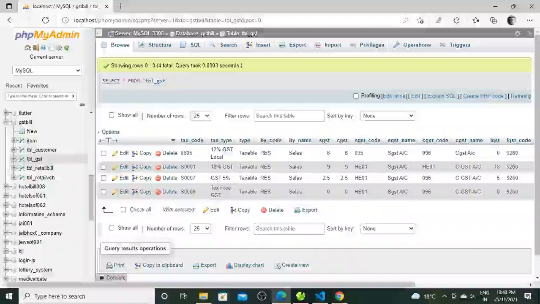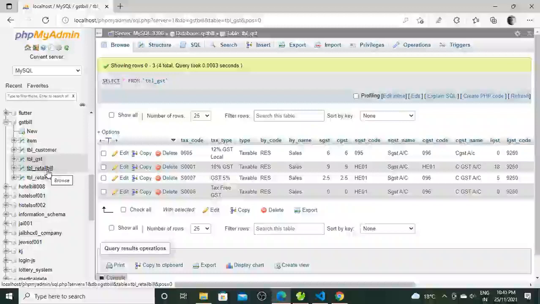So I need to define the tag with the item, so it will calculate GST amount automatically. That is why I designed this table for GST calculation purpose, and for the main bill, main